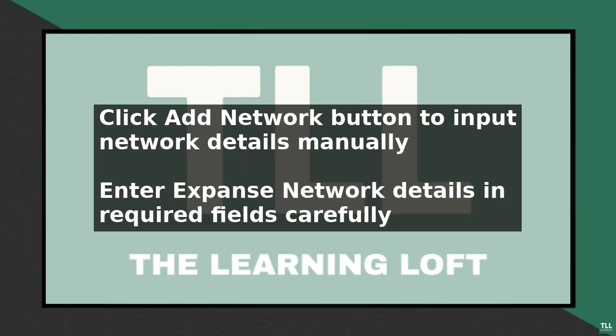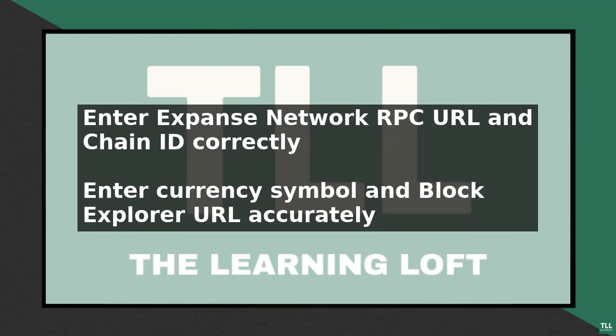You also need to enter the Block Explorer URL, which is the website where you can view the Expanse Network blockchain. After entering all the required details, click the Save button to add the Expanse Network to Metamask. You can now view your Expanse Network account balance and transaction history, as well as send and receive Expanse Network